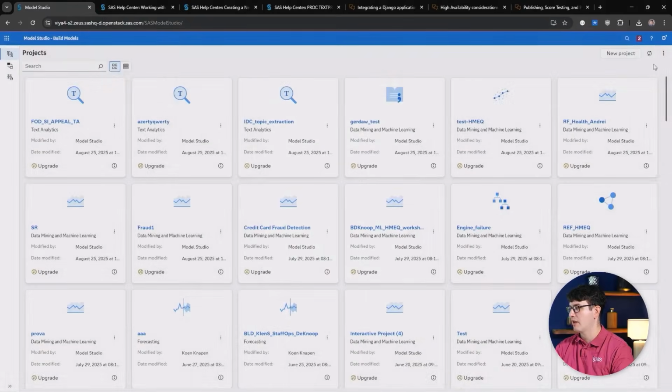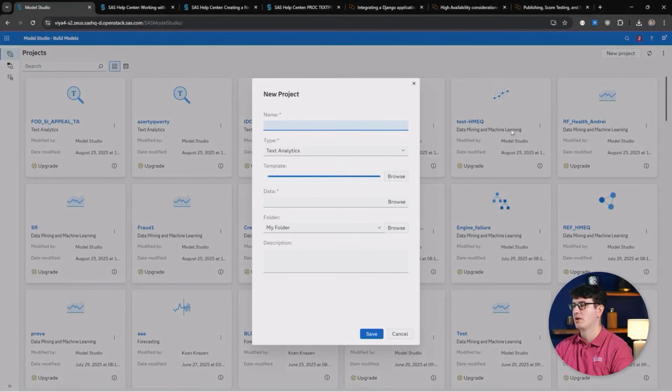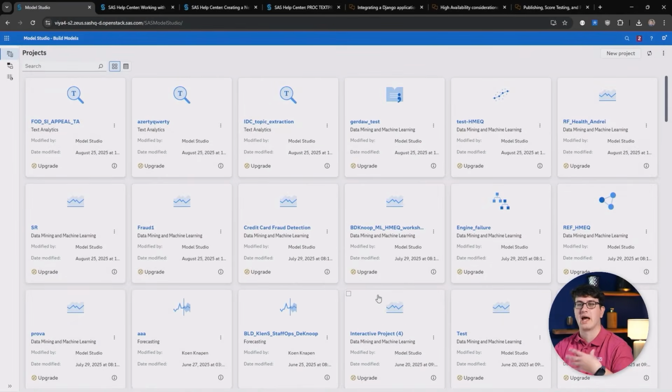Of course, this capability is also available when you set up a new project so that it doesn't ever end up within your My folder, but is immediately available to whoever should have access. This is a great new feature to enhance collaboration and to make it easier to share your projects with